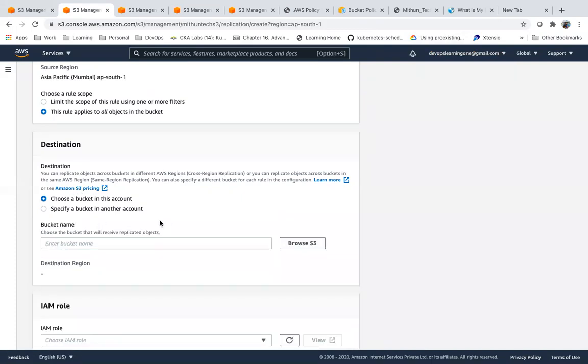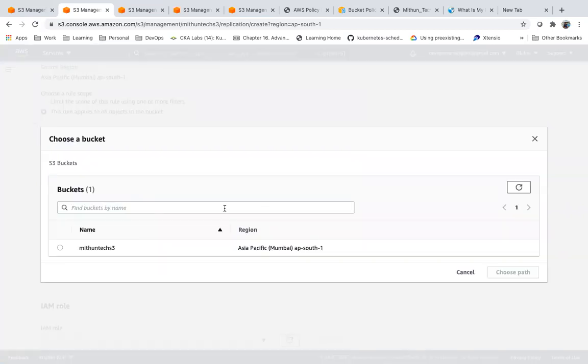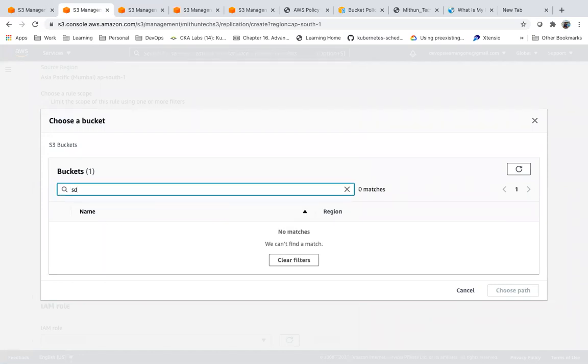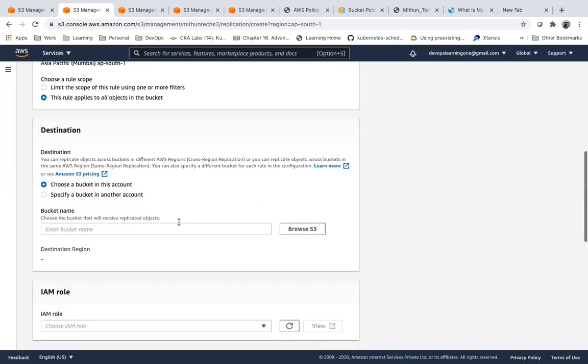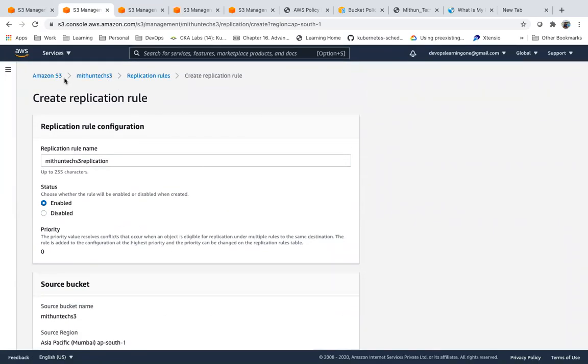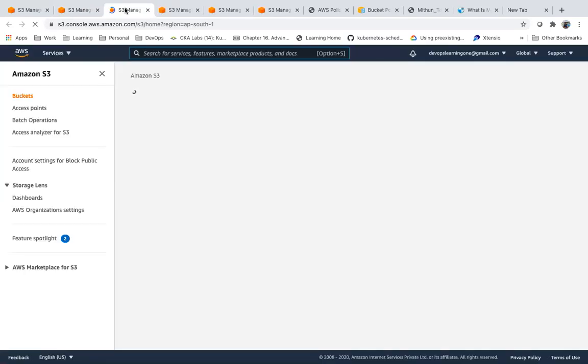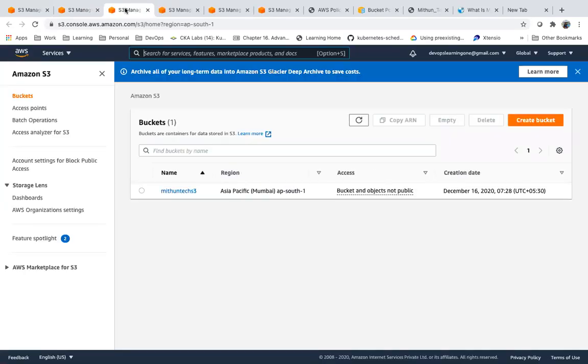So here, same account. For the destination, I need to select a bucket. As of now, I don't have any other bucket except this one, so I have to create the destination bucket wherever I want. Let me open another tab and create a bucket.